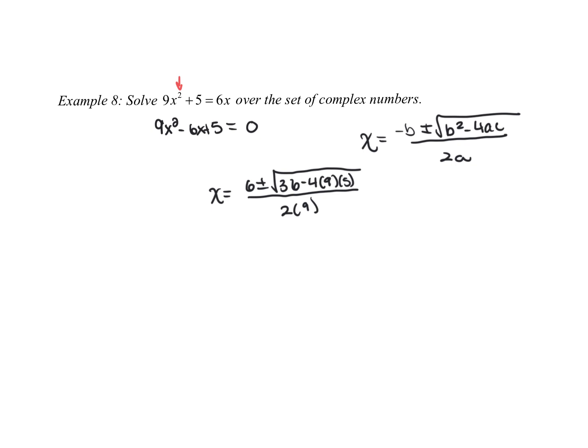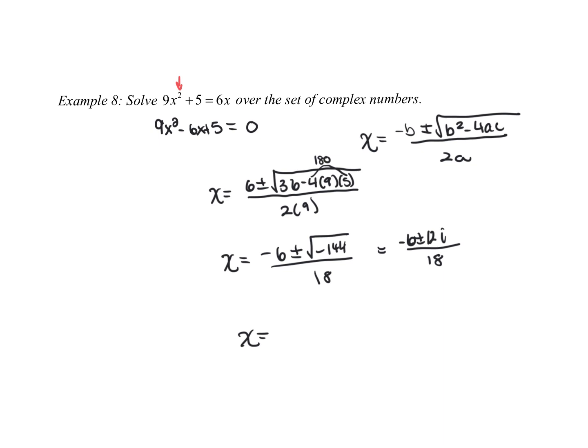So on top, 4 times 5 is 20. 20 times 9 is 180. And then 36 minus 180 is -144. So x equals -6 plus or minus the square root of -144 all over 18. So it's -6 plus or minus 12i, because the square root of 144 is 12, all over 18. And all of those numbers reduce by a 3, so I can divide them all by a 3, resulting in,